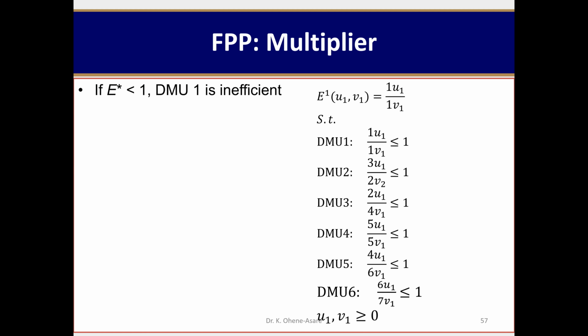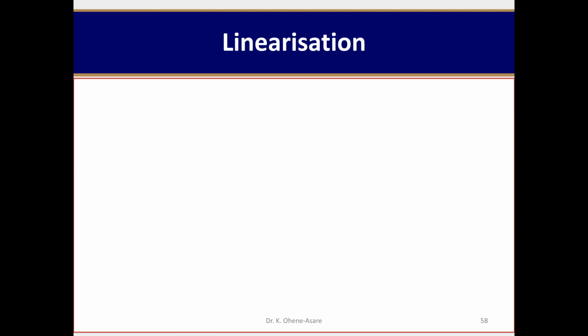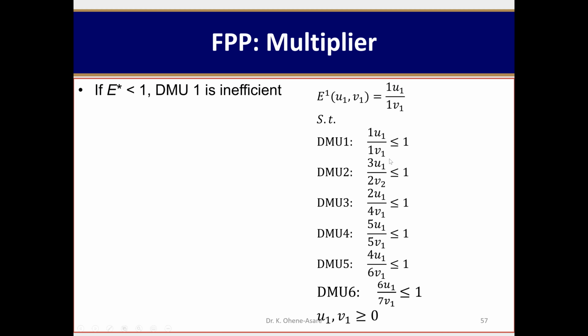But this is a fractional programming problem. You got to linearize it. So how do you linearize it? Linearizing means that you are simply trying to convert it into a linear form. There's a very simple way you can convert this. One of them is cross multiply. But in the process of linearizing, you have to understand the orientation you are dealing with, as well as,